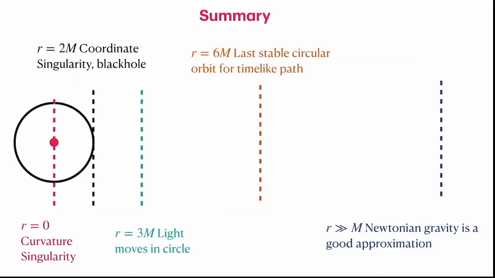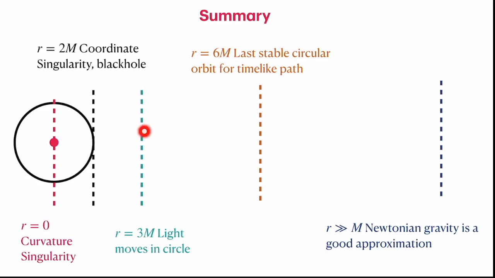Now let's summarize the Schwarzschild geometry. For the test particle motion, we have a point at r equal to 0 where we have a curvature singularity, and that we try to avoid. But at r equal to 2m, we have what is called a coordinate singularity, or black hole, because we will define now what is a black hole and event horizon. Then we will see that whatever is inside the black hole, nothing can come out, eventually leading to the singularity inside. It does not affect the points outside.